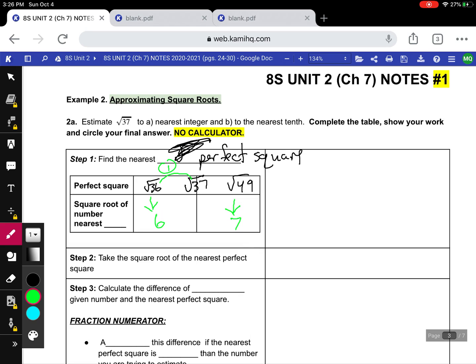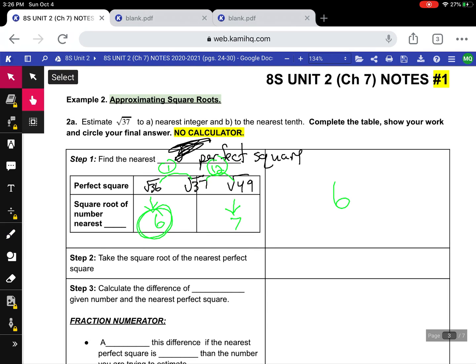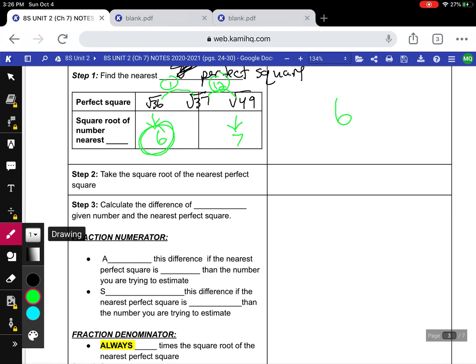Well, this has a distance of 1 unit. Okay, 36 to 37 is 1. The distance from 37 to 49 is what? 12 units. So I am much closer to the number 6. Okay, so that's where I'm closer to. I'm closer to 6. Now, this is where it gets super tricky,